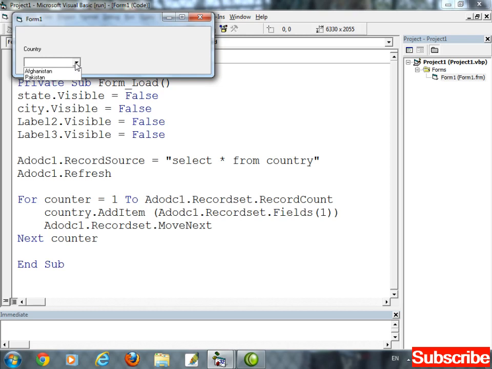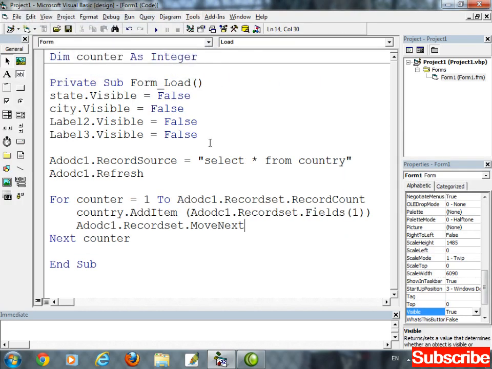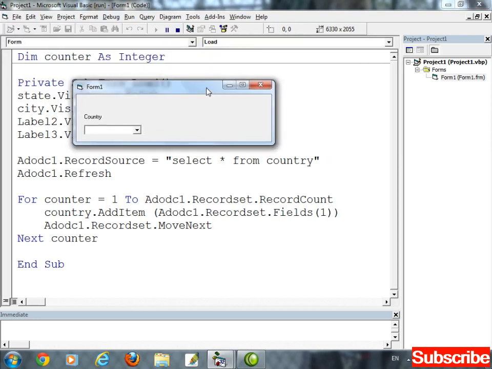Clear up to here or not? Yeah. This is very easy to make the complex thing. The country which is selected in the country combo, for that country we are going to first select the ID of that country.